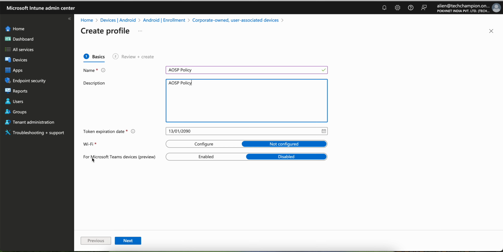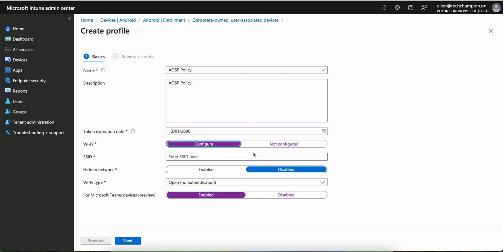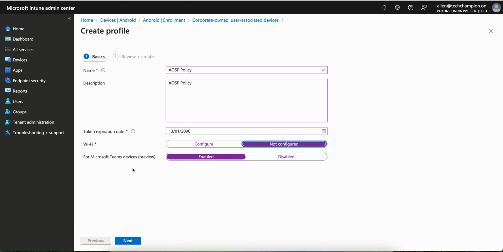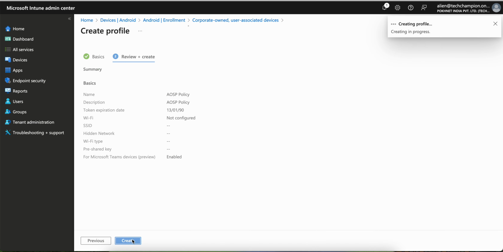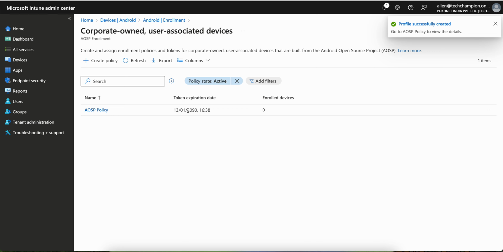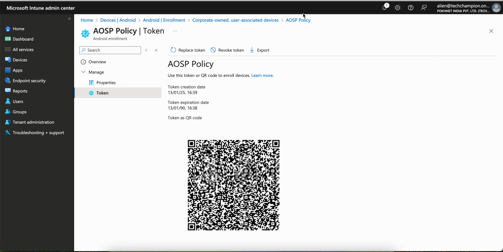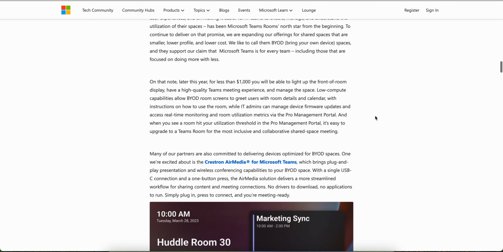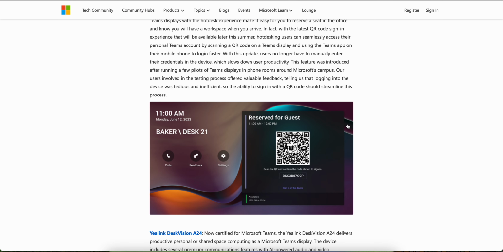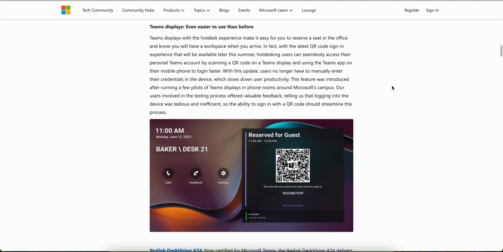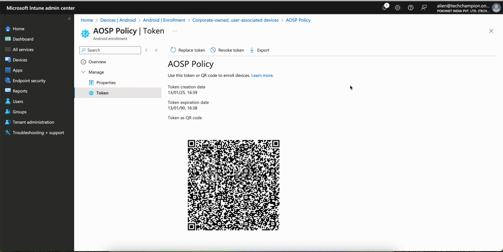And you see, for Microsoft Teams devices, it's in preview mode currently. If you select yes, and you want to configure Wi-Fi as well, then put the SSID and everything. Once you create this profile, you'll see one QR code, and you have to scan the QR code from the Microsoft Teams Room devices. Once you scan that QR code, you just have to follow the on-screen instructions, and your devices will get enrolled,